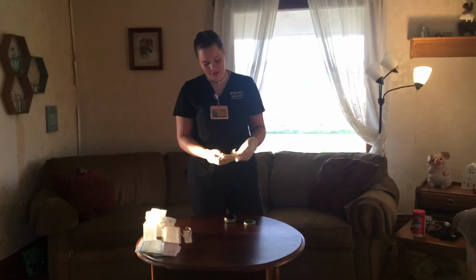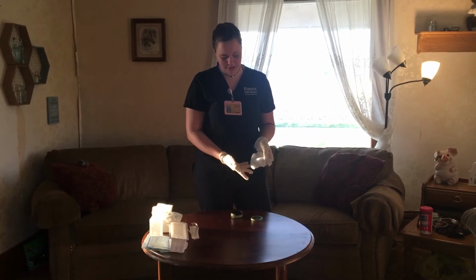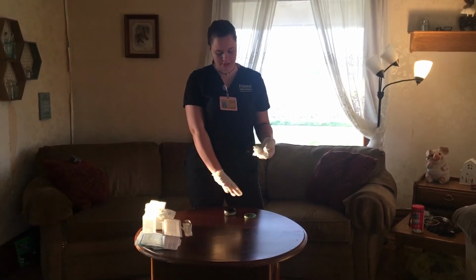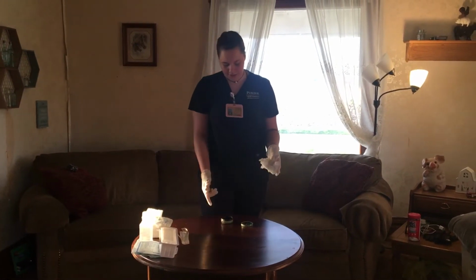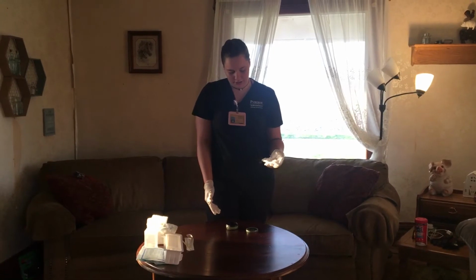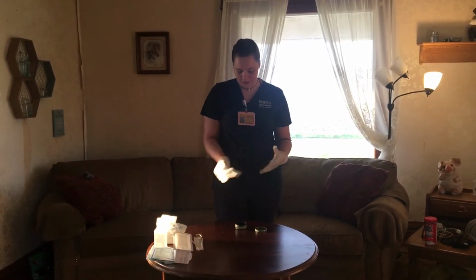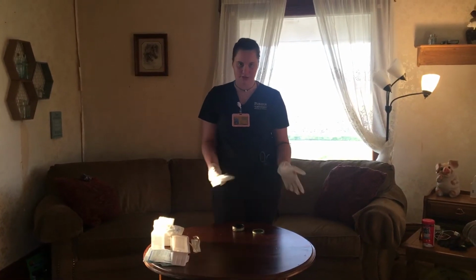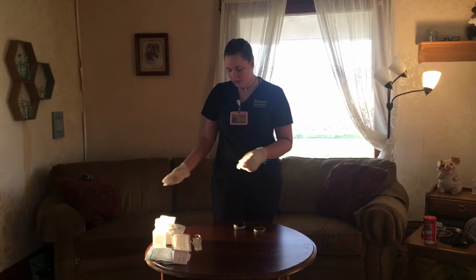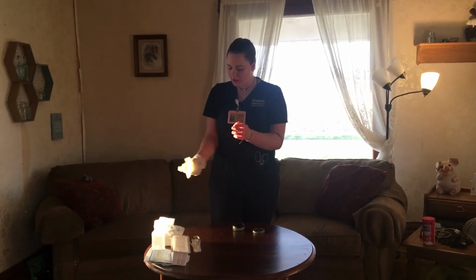Okay, and then you want to assess the dressing, see if there's any discharge, any fluid or anything like that. And then you also want to assess the wound at this time to make sure that there's no signs of infection, make sure that there's no drainage, anything like that, such as redness, temperature change, which could indicate, like I said, infection. So then you're going to discard this, and then you're going to take off your gloves,